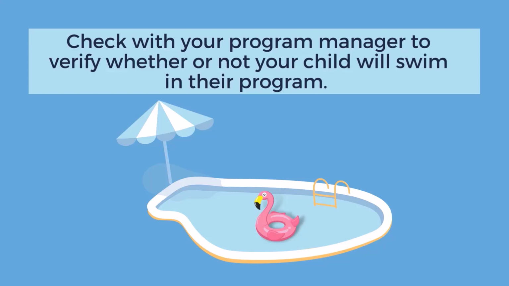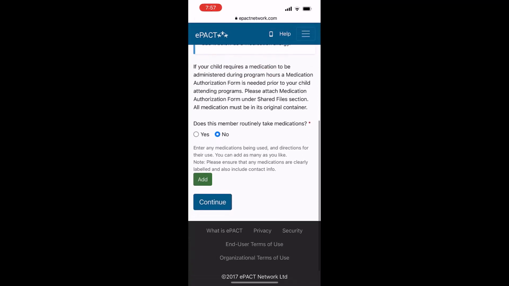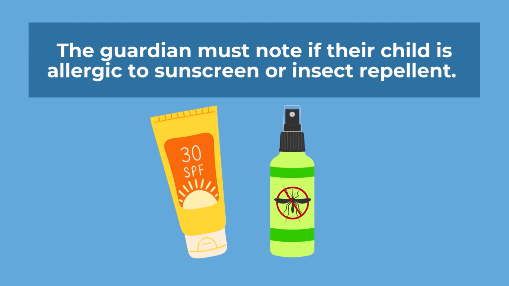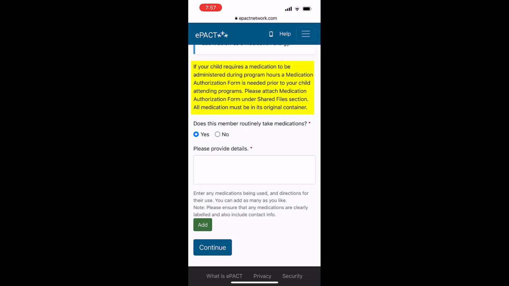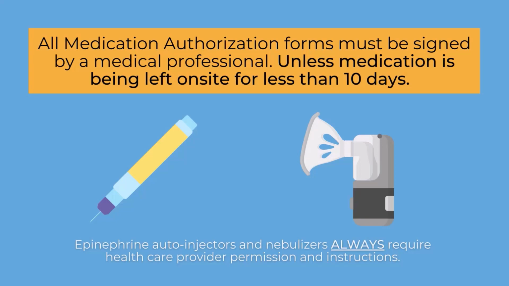The seventh section of the form discusses medications and treatments. The guardian must answer if their child is allergic to sunscreen or insect repellent. There is a disclaimer under these questions noting if you need to leave medication on site for your child, then a medication authorization form will need to be completed. All medication authorization forms must be signed by a medical professional,